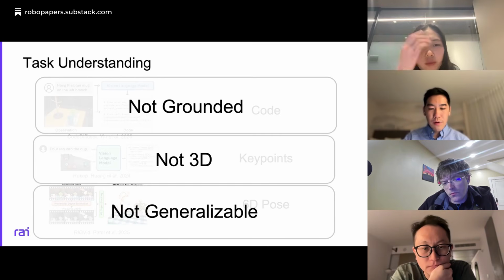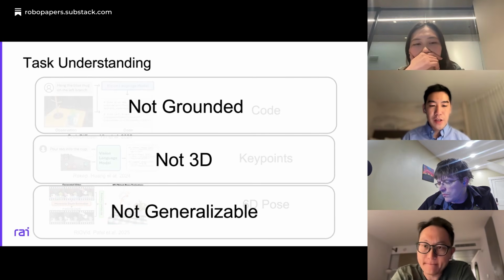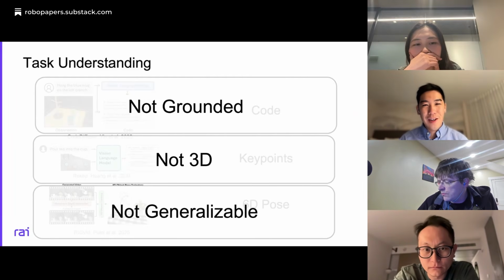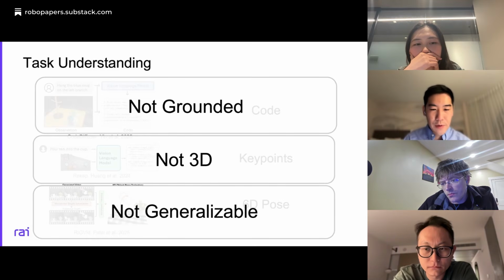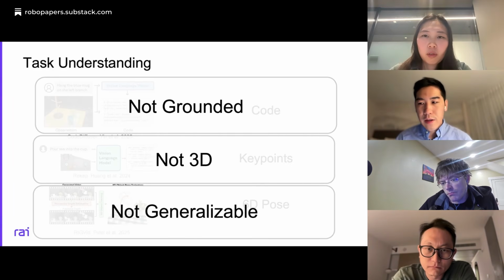And for 6D pose, it's not really generalizable to different objects. With 6 degrees of freedom you can only represent a rigid body. You cannot represent, for example, an articulated object, where you then have to do a part-wise separation. And for a deformable object, 6 degrees of freedom is not enough to describe its state. So we find these current representations all have some problems, which really hinder generalization.